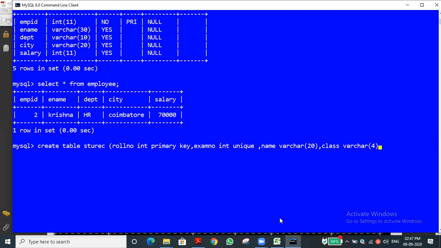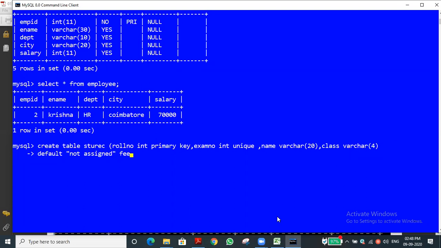Varchar, giving default. If the line exceeds our screen, you can give enter. So default, what is the value we have to give? Not assigned. In double quote or single quote we have to do, especially if we use double quote it will be fine. It will become an error, sir? No, it won't show any error, I think so. Let me check it.